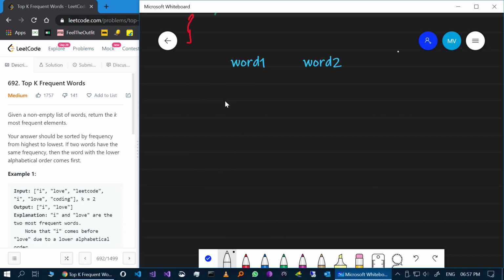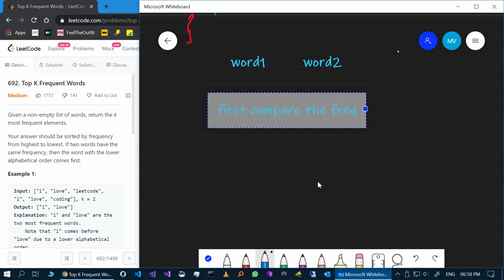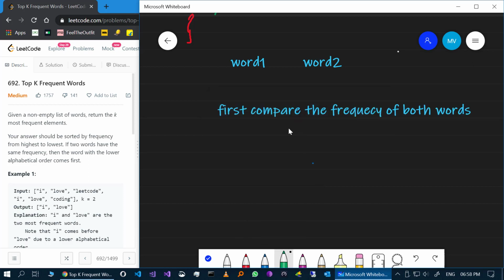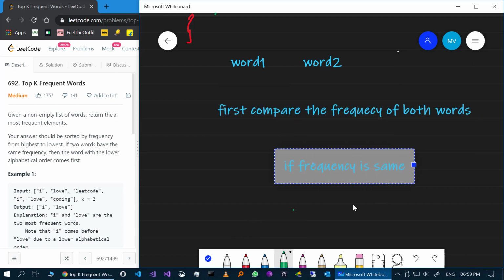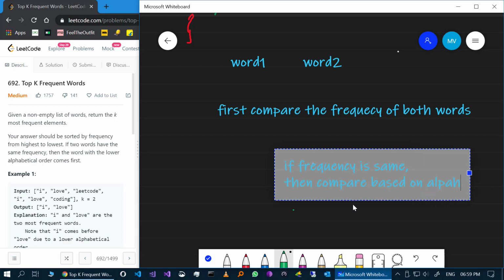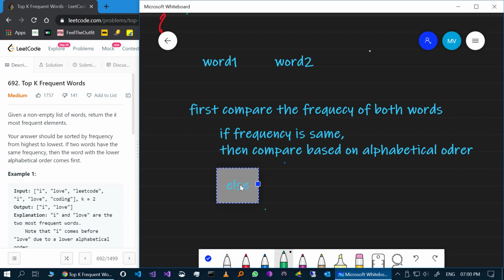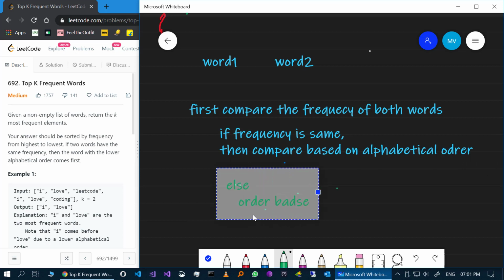And what we will do is first compare the frequency of both the words, and if frequency is same, then compare based on alphabetical order, else order based on the frequency.